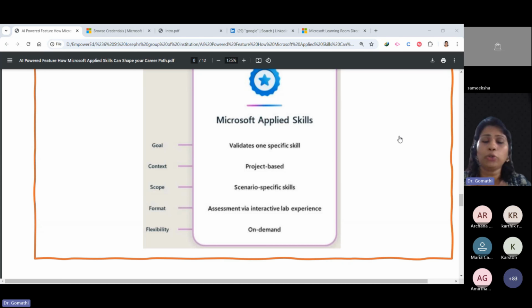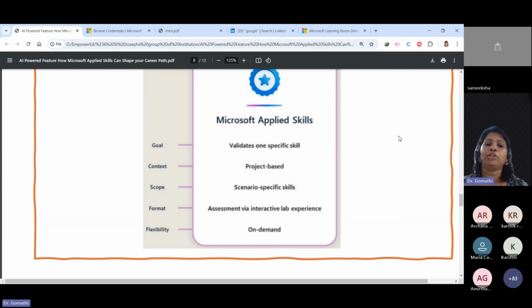But ma'am, how do I know the solution? I didn't even complete my college. For that, Microsoft has given a clear tutorial to learn. There will be complete tutorials. First you learn that, and then you apply that knowledge in the applied skills.